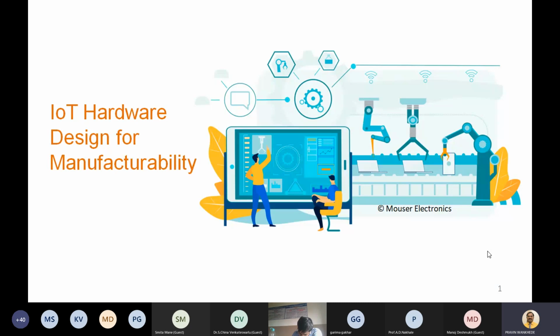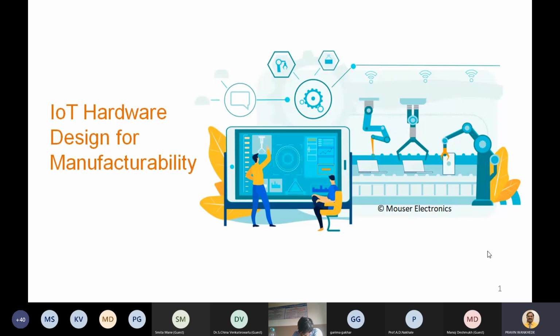There are other aspects of design for manufacturability, like what different certifications you have. Just like yesterday's session by Pratik Baheti, we have seen there are different certifications we need. So whether you are going for all certifications or using pre-certified hardware and components in your product, what you are actually doing, then how you are launching your product, and what strategies you use in your product launching. All such things we'll see in today's session.